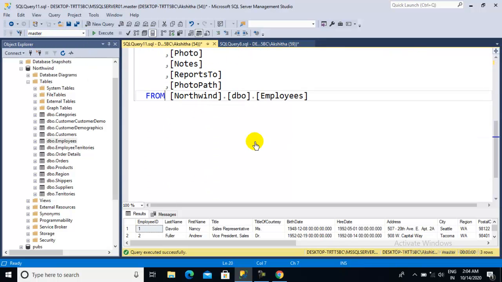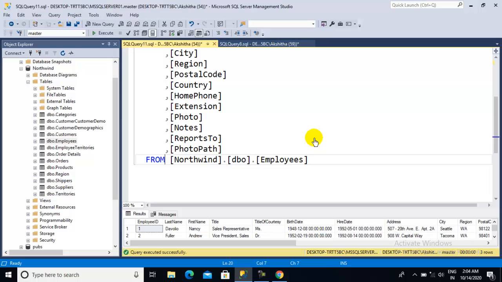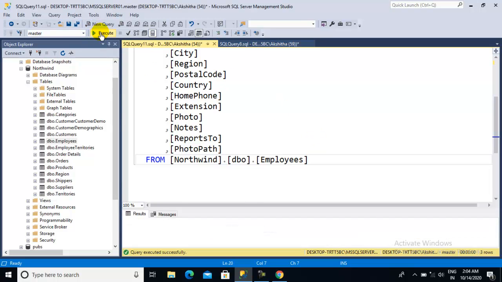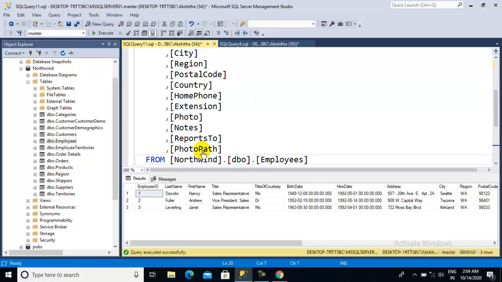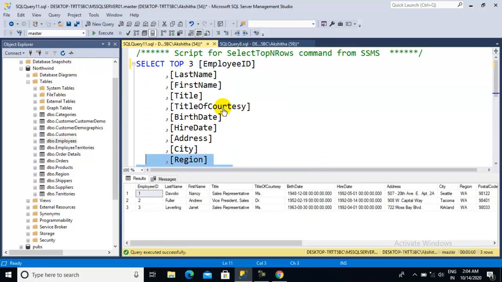So generally, when you run this, the records will come automatically, because normally it looks for the database, and it will throw an error. But here you have already given the database name and the dbo.Employee object, so it will not look for the name of the database mentioned in the list. So automatically it will do it.